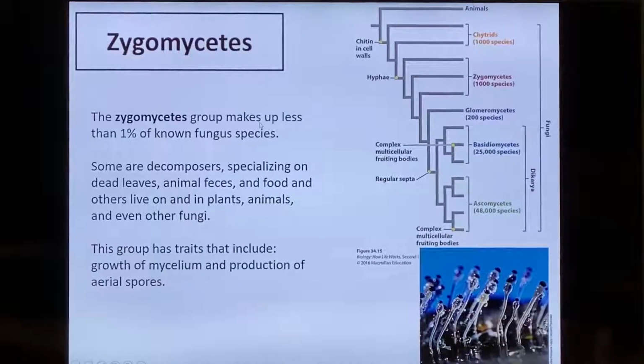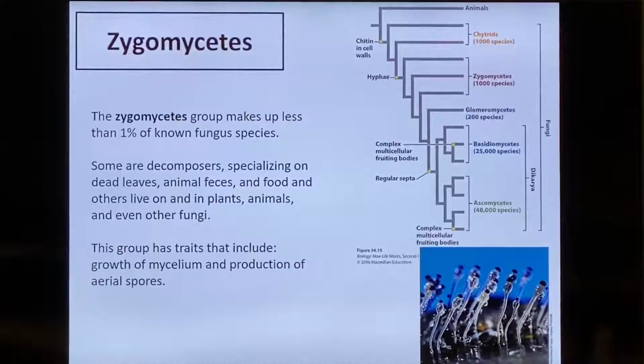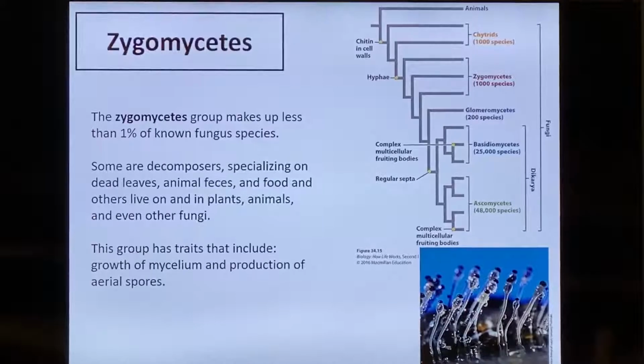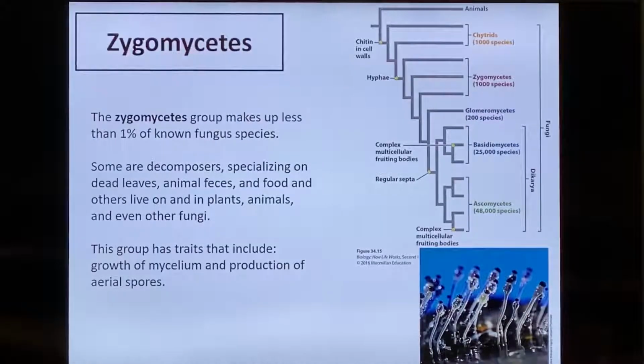Zygomycetes. What characterizes the zygomycetes in terms of their reproduction is something that's more complicated than we want to know about, but they're the ones where, when two hyphae come together, they can create this really complex zygosporangium that has many, many nuclei in it. But what I want you to keep in mind about them is that they are important to us primarily because most of the molds that you see are zygomycetes.